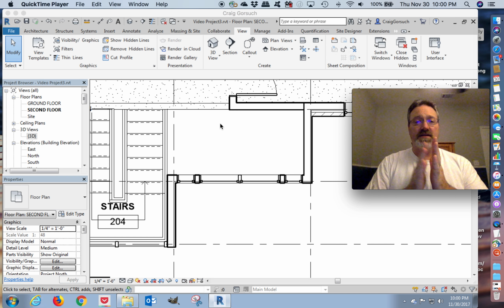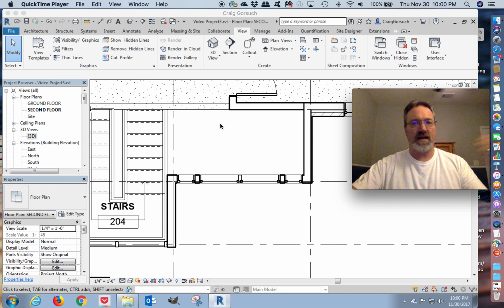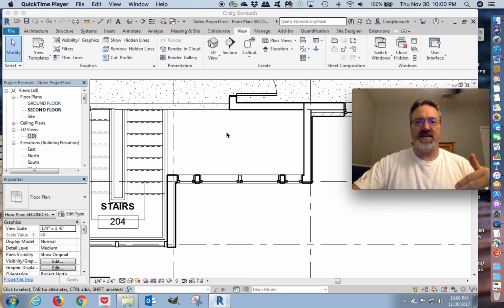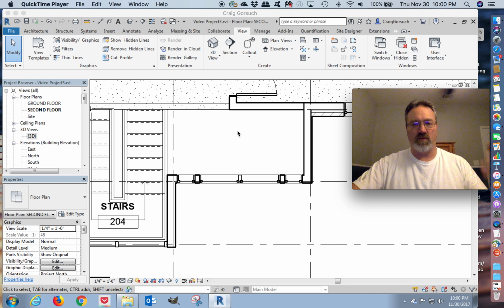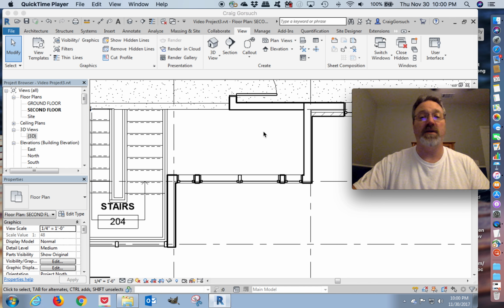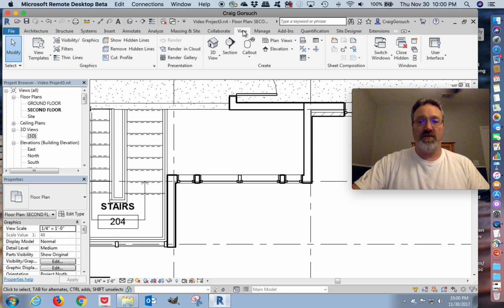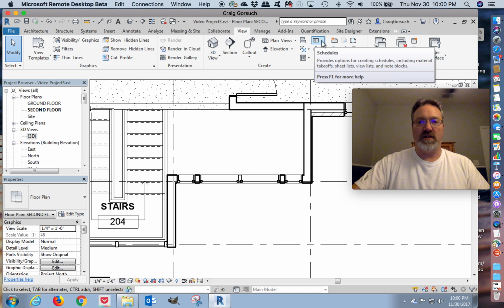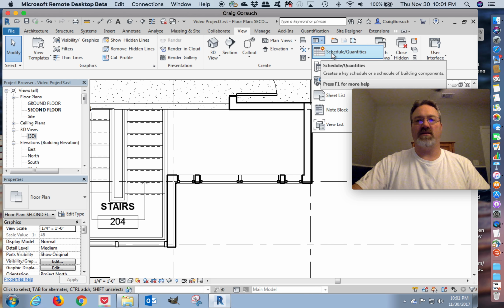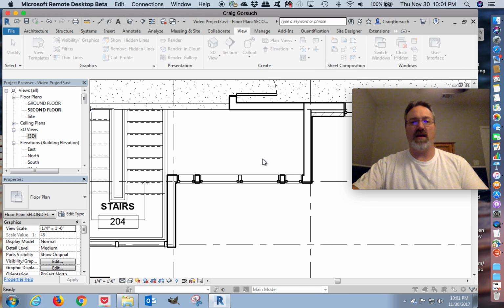All right, guys, we just got done placing the missing windows in the project. We're now going to go back and do what I said that we were going to do originally, and we're going to take the data that's in our room objects and put that in what looks like an Excel spreadsheet, but we're going to put that information in the schedule. So on the View tab, come over and click on Schedules, click on Schedules and Quantities,